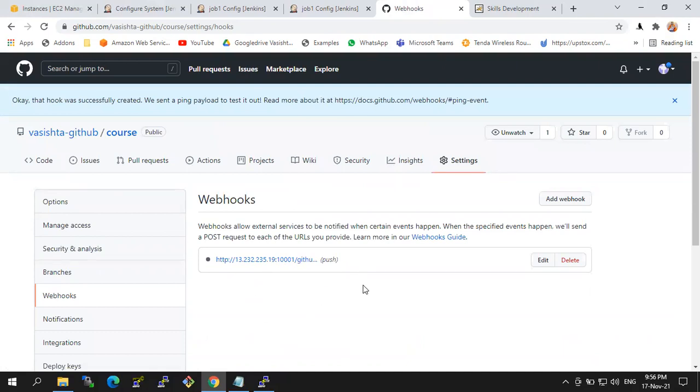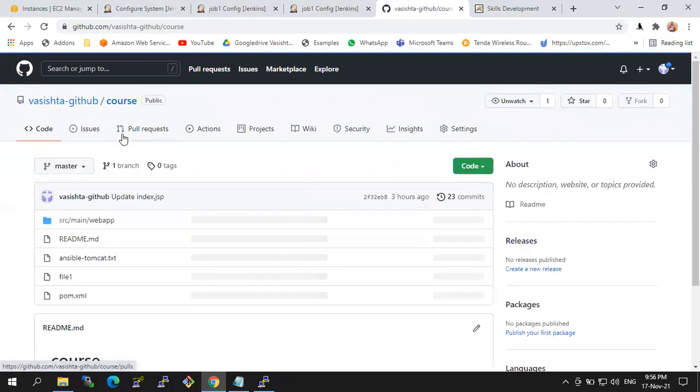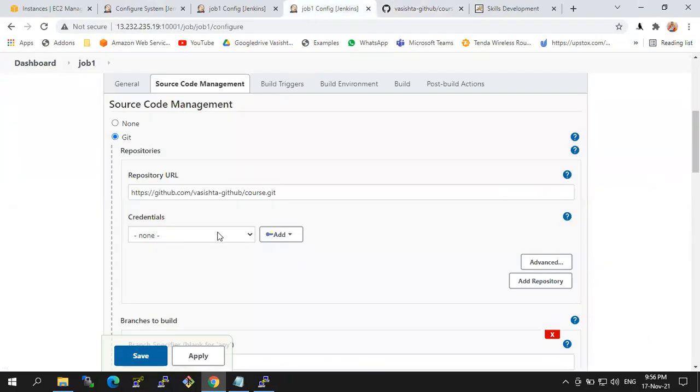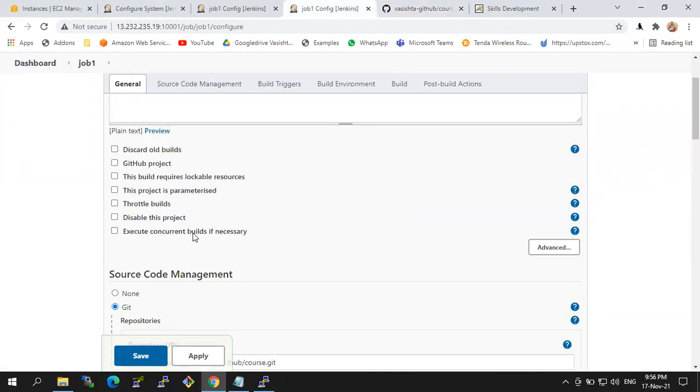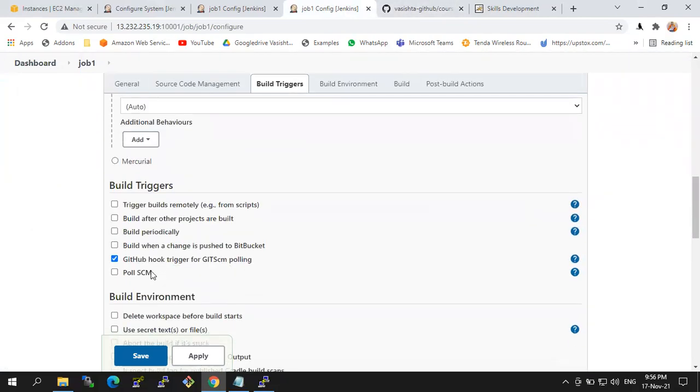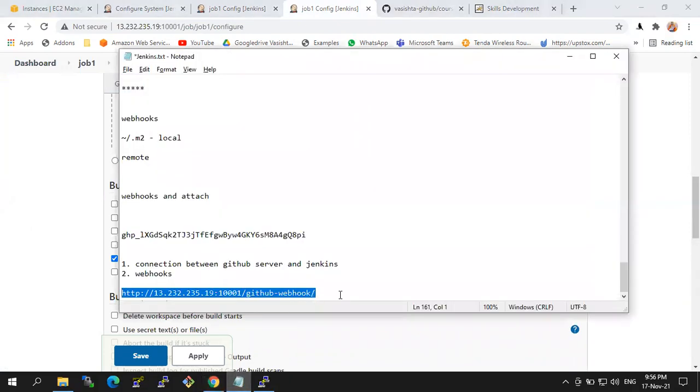Now the webhook is added. Now if you make any changes in the course repository, an automatic build will happen. I will show that part now. But before that, after adding the webhook, you need to check this box, otherwise the GitHub webhook will not execute. Okay, you need to select the checkbox. So these are the 3 steps for